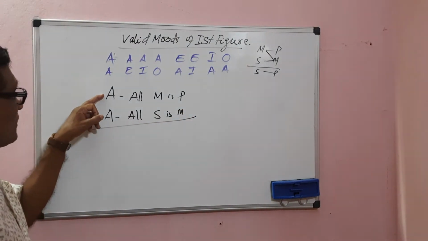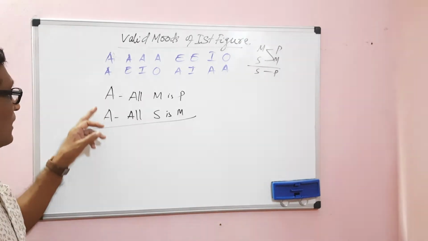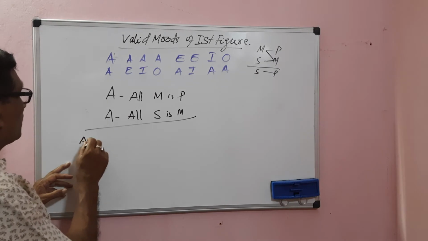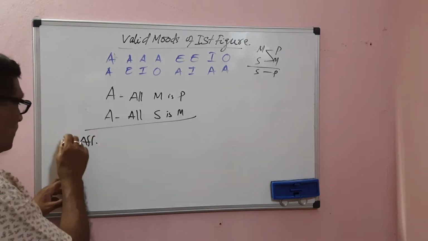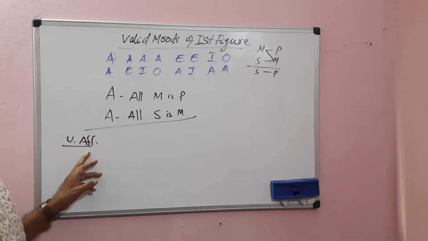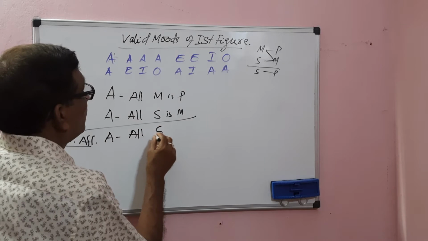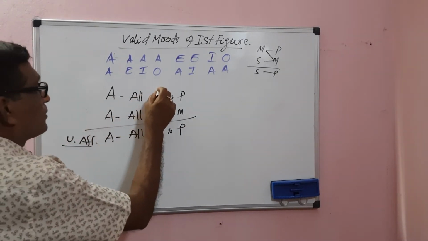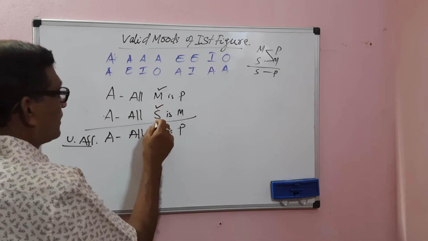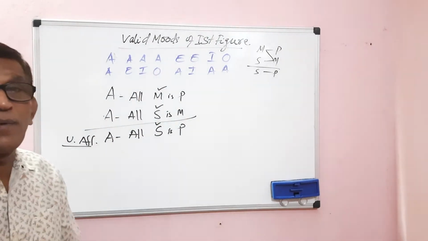Major premise is universal affirmative, minor premise is universal affirmative. When both the premises are affirmative, the conclusion must be affirmative. When both are universal, the conclusion must be universal. The conclusion is universal affirmative, meaning an A proposition: All S is P. An A proposition distributes the subject term only.